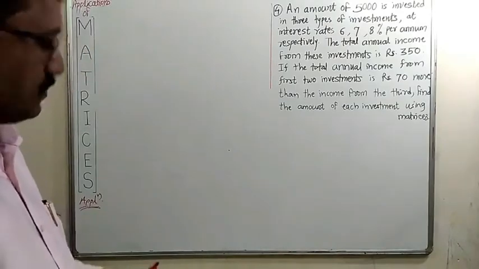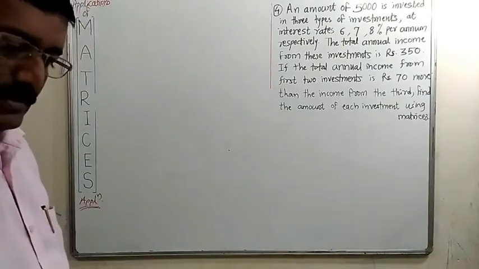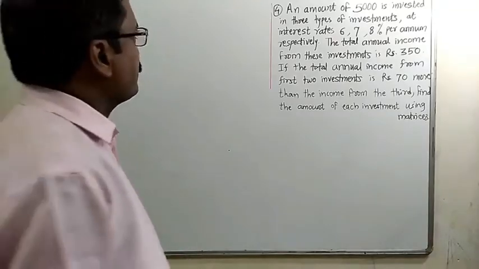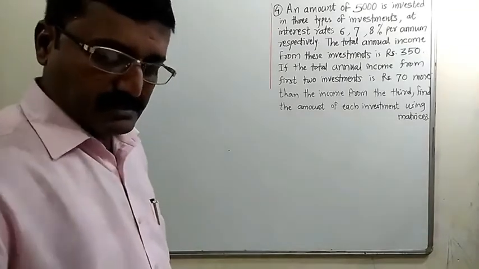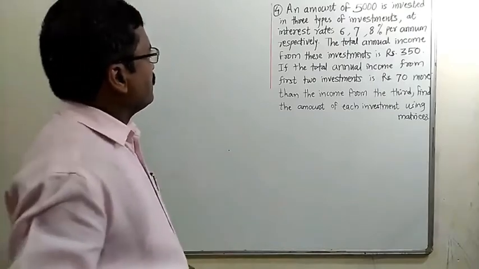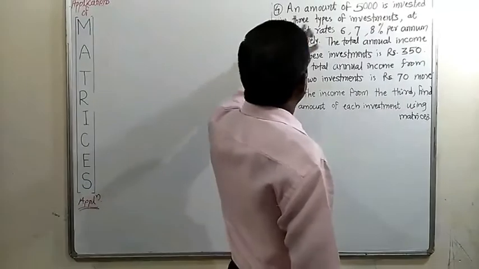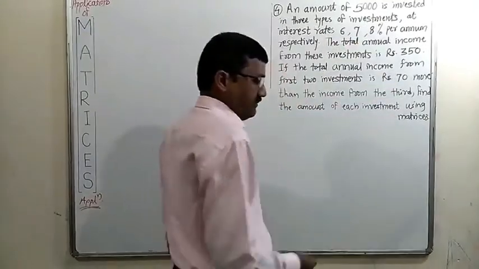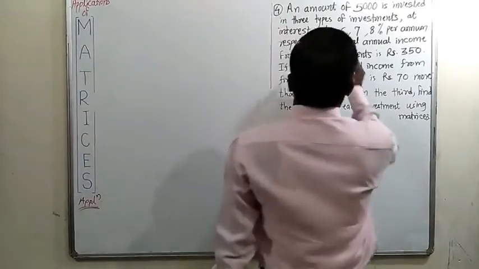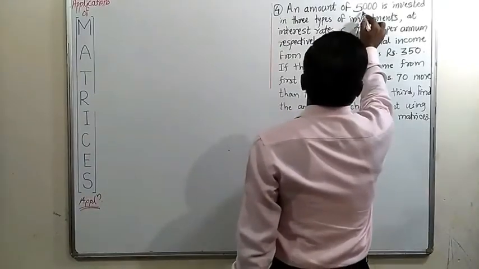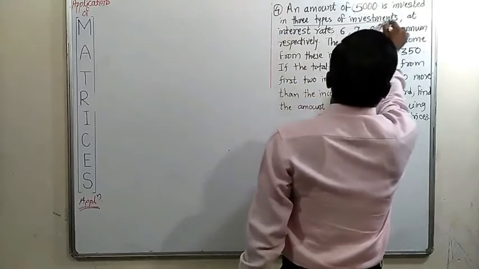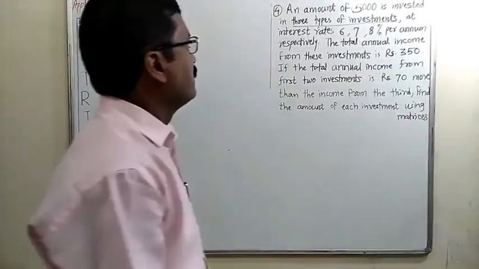In this example number 4, it is an economical problem, or business problem. In this example, an amount of 5,000 is invested in three types of investments. The main important thing here that is given is this amount of 5,000 is invested in three types of investments